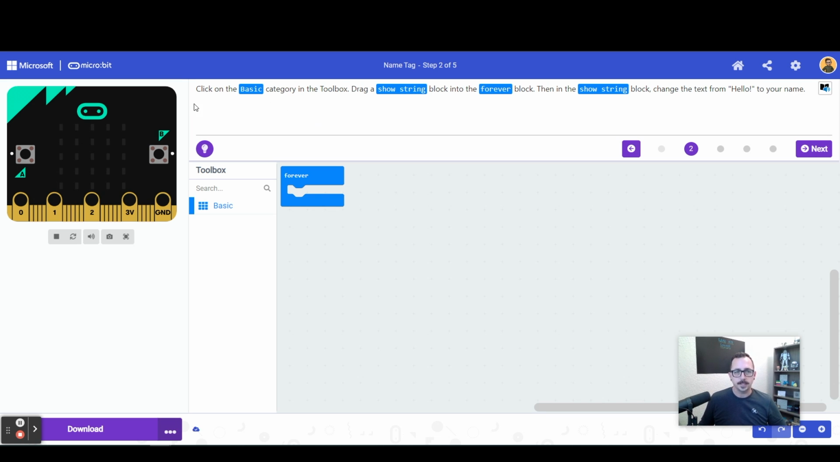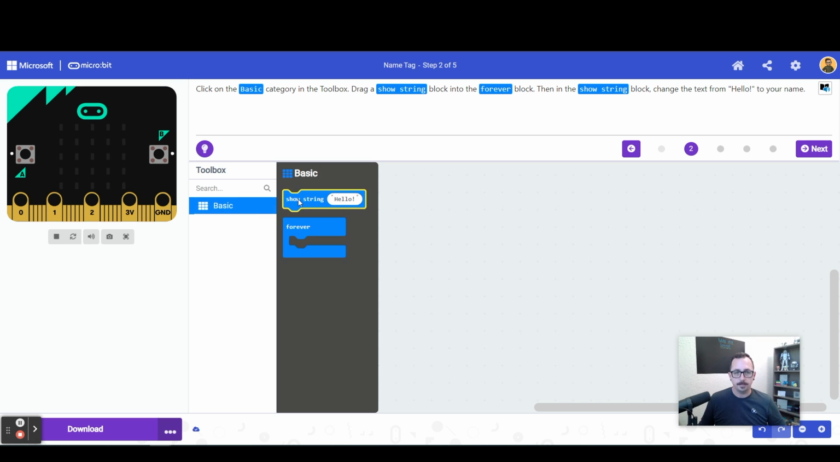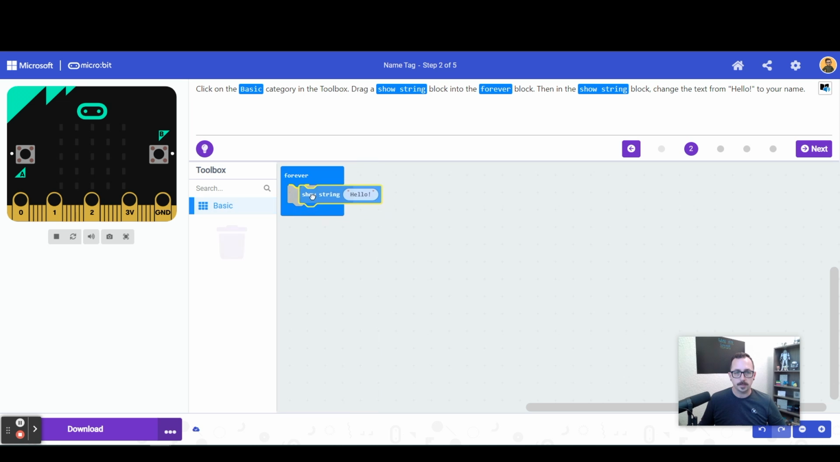So at the top here, it says click on the basic category in the toolbox, drag the show string block into the forever block. So we have our forever block here. I'm going to click on basic and I'm going to click on show string and I'm going to drag that into my forever block. You'll now notice that my microbit is updating and now it is scrolling saying the word